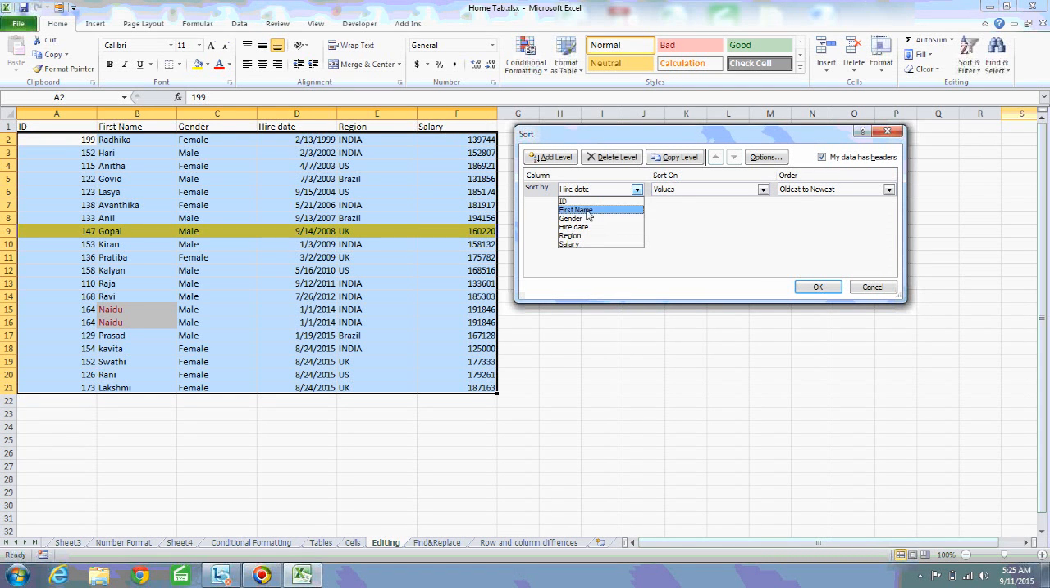Now I want to sort the first name based on values. You can sort by cell color, font color and cell icons. Now I want to sort by values of the field and the order is A to Z is fine for me. I want to add one more level. Now I want to sort gender by Z to A,